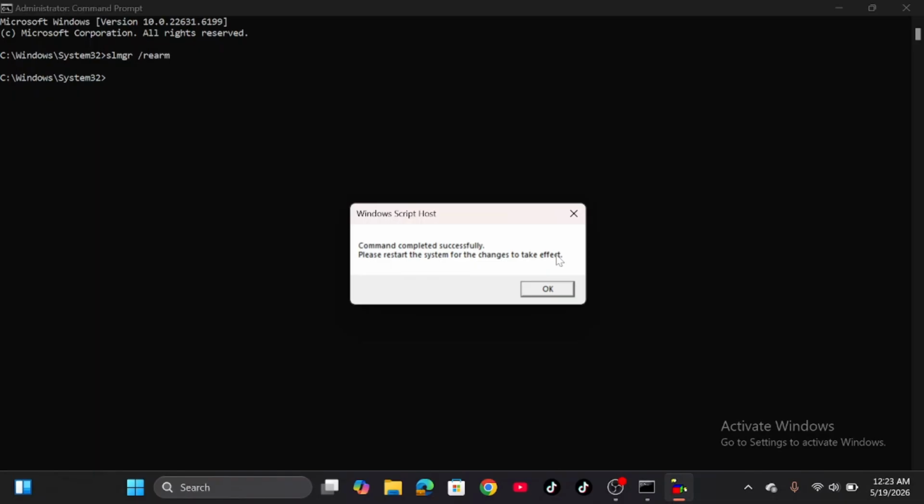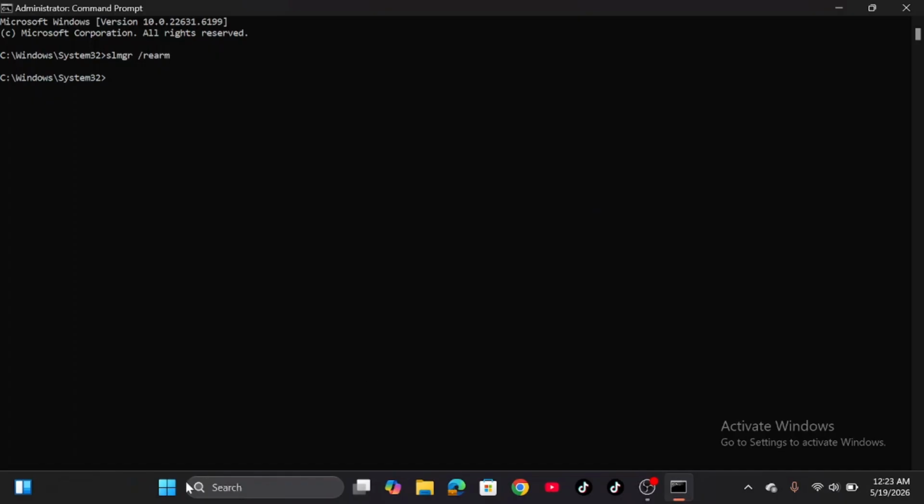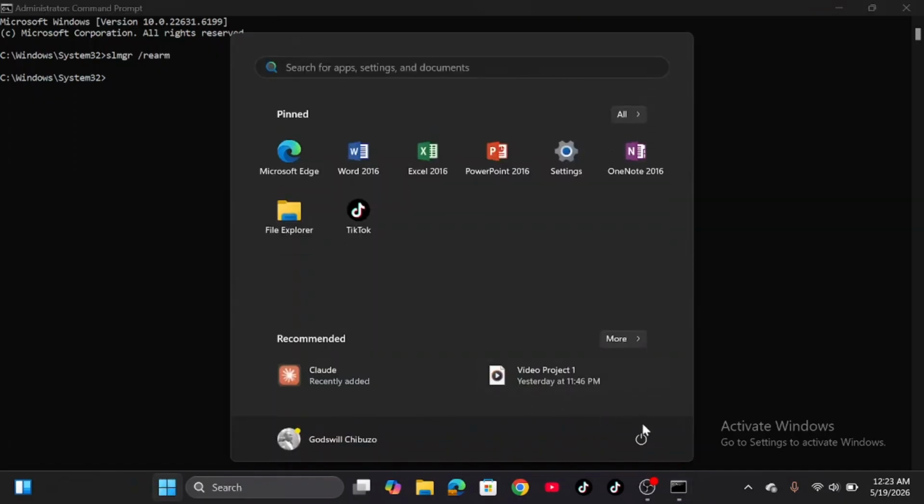Please do not switch off. Those are two different things. Restart is different from switching off. So I'll just click OK, then come down here. As you can see, come to the power button. I have shut down and I have restart. You don't want to click on the shutdown. You want to click on the restart. Now, when I click on restart, I'm going to restart my system, then show you the effect of the command